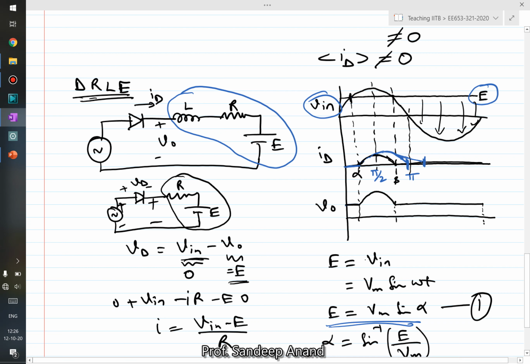So alpha remains the same, given by this equation. Beta in this case changes. Beta is no longer the same, and the duration is different, and therefore the output voltage also becomes different, because while the diode is conducting, the output voltage is equal to the input voltage. So the output voltage continues to follow the input voltage, and then again it comes back to E. You see the output voltage wave shape has changed. Blue is the new output voltage wave shape if you consider all three components, which are R, L and E.